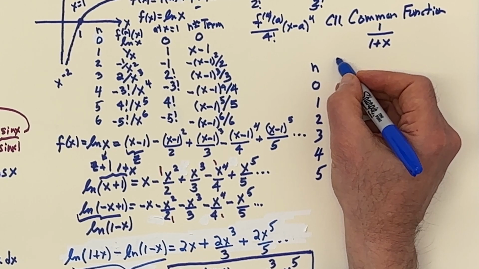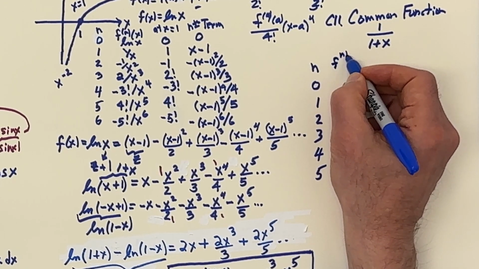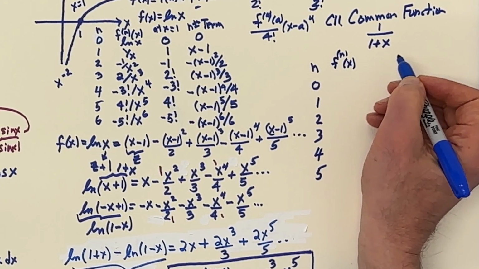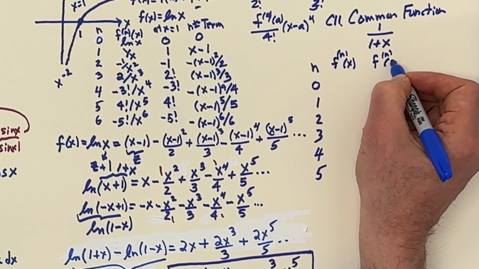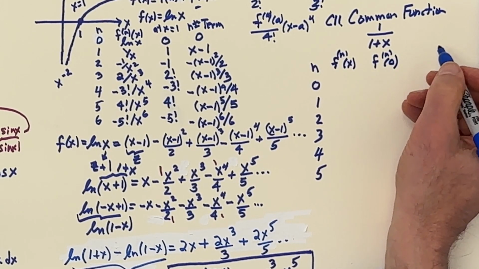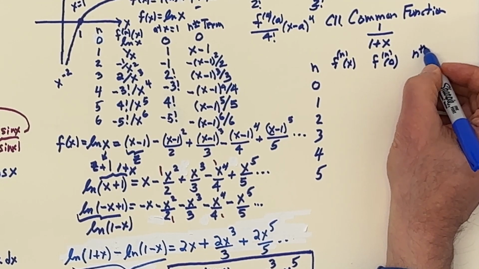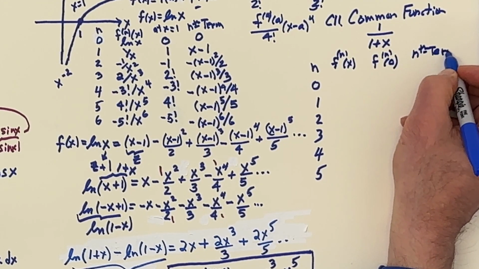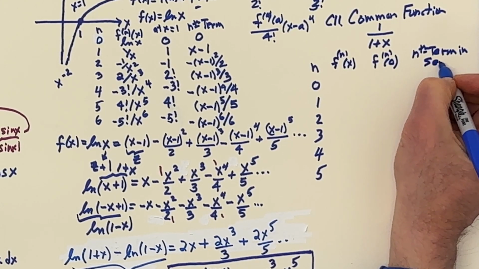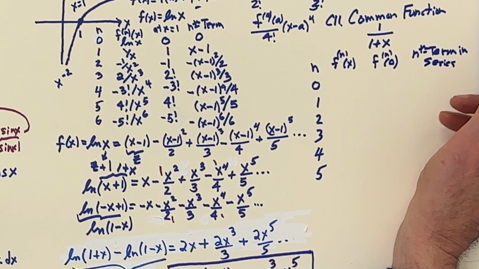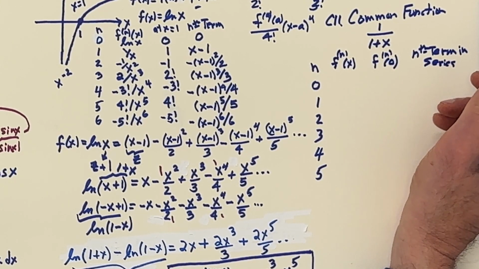I'm going to have here the nth derivative of the function at x, and then I'm going to evaluate that at x equals 0. And then here, I'm going to list the nth term in the series. So the series here,